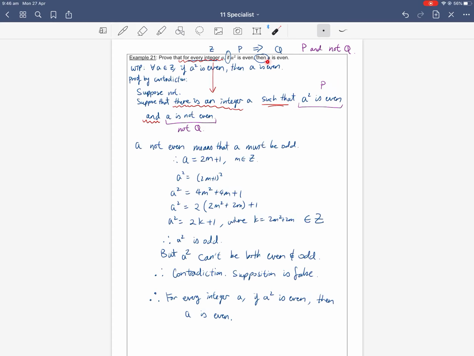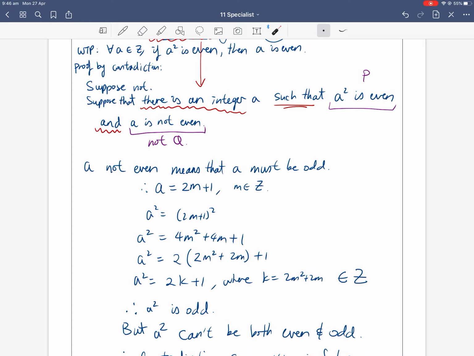And the opposite of P and not Q, remember, is if P then Q. So therefore, that tells us that if P then Q must be a true statement, which means therefore, for every integer a, if a squared is even, then a is even. So proof by contradiction essentially follows this pattern many times. We'll do a few more so you can see what the